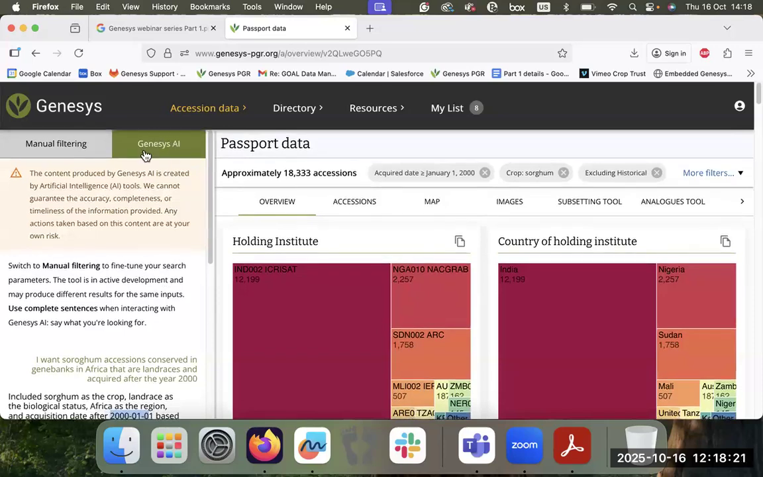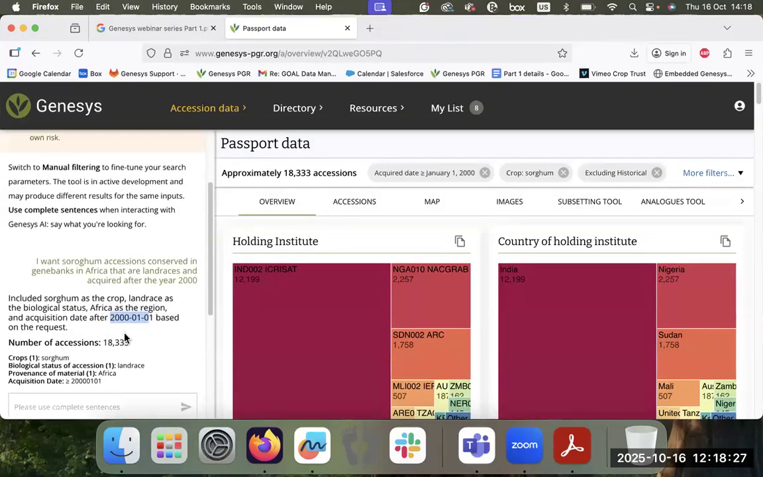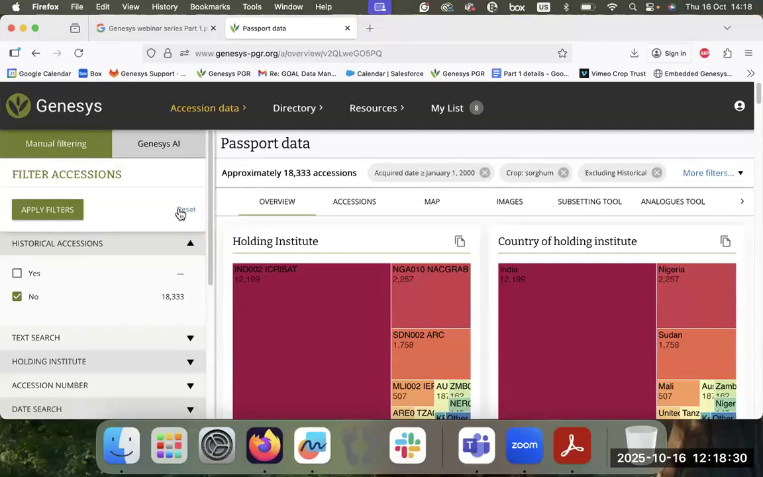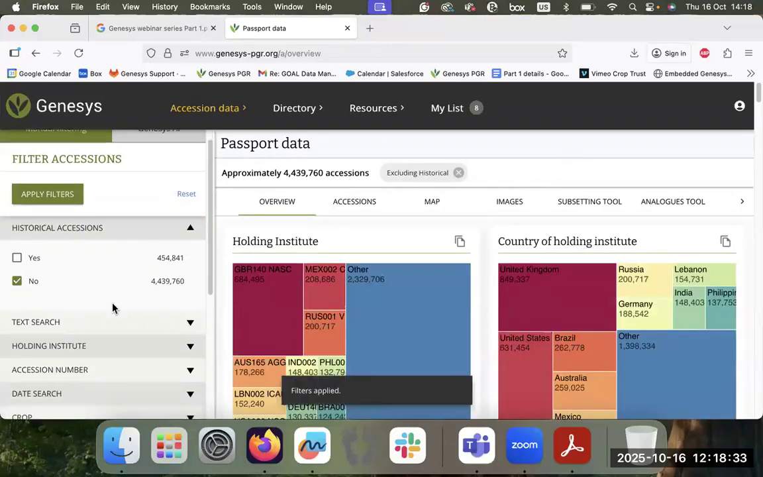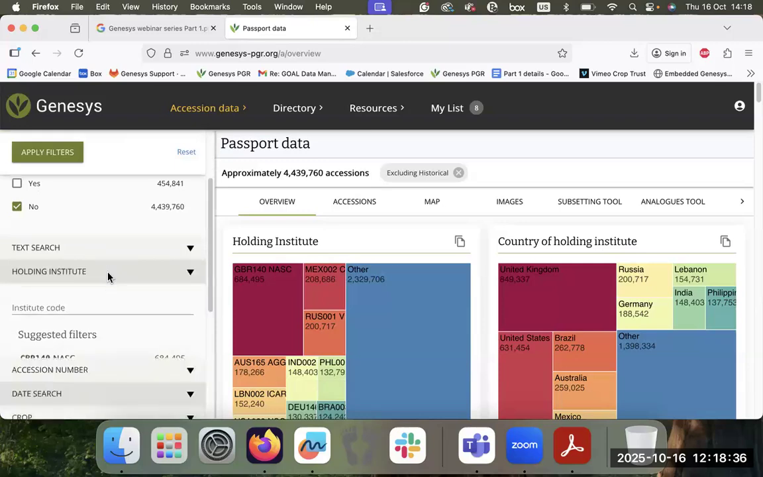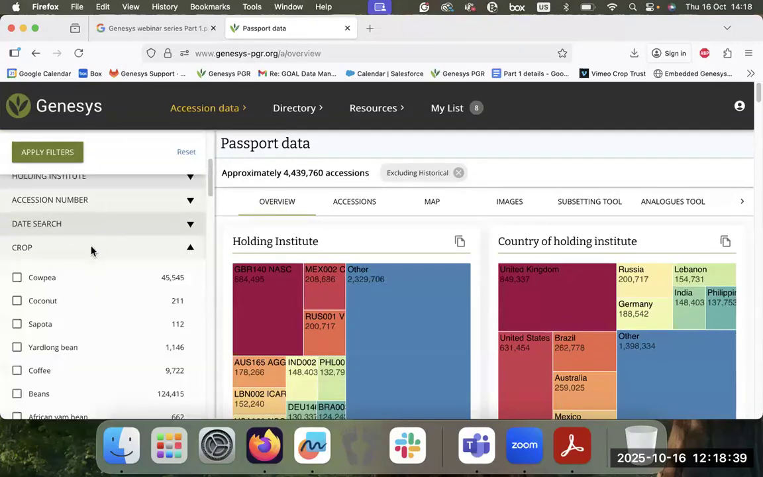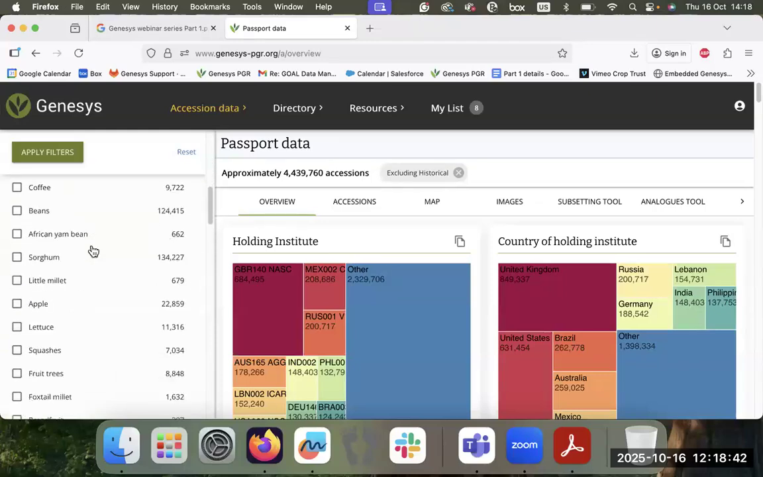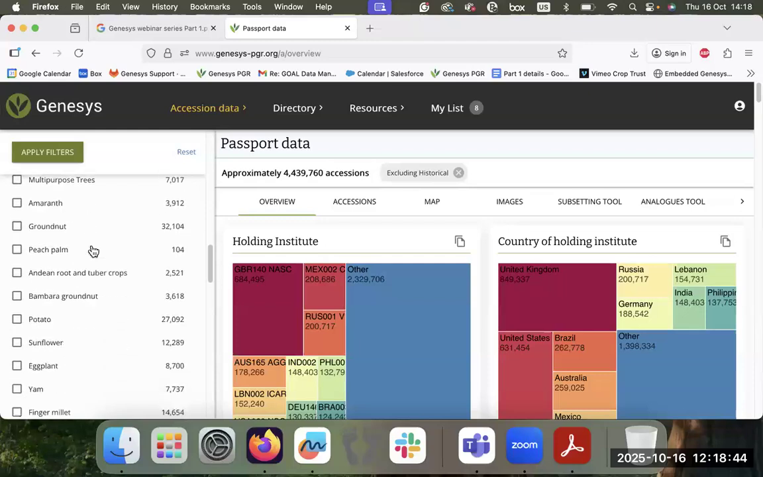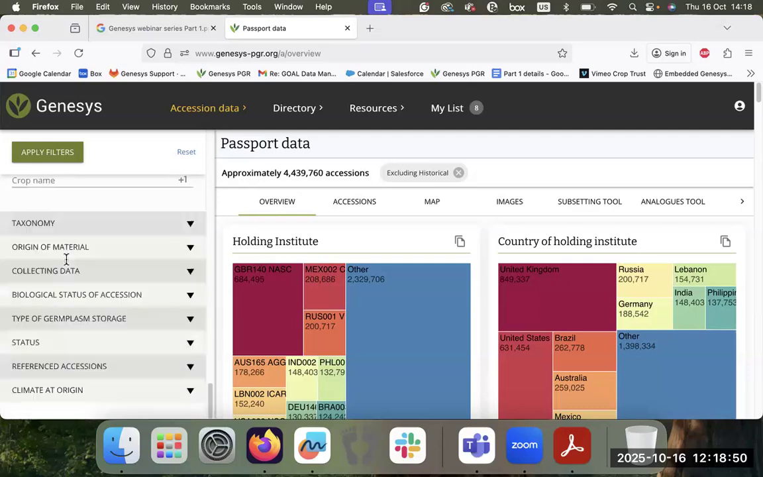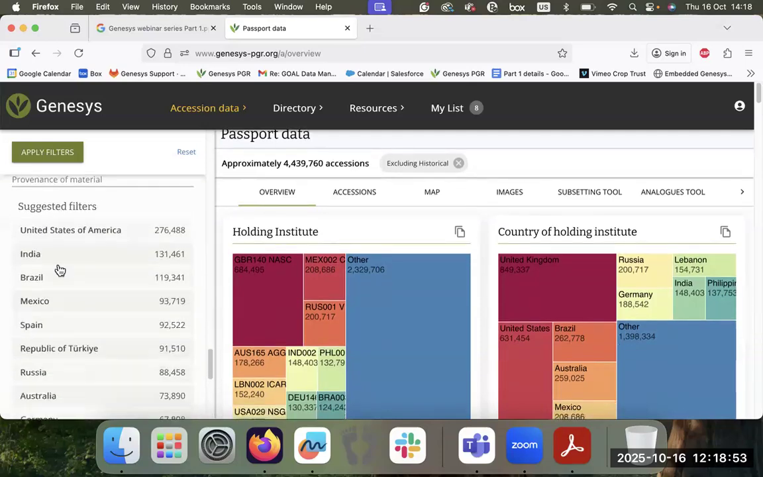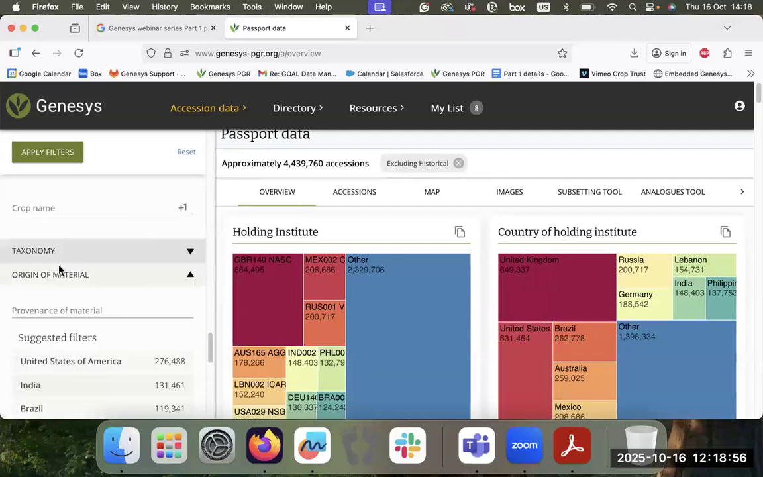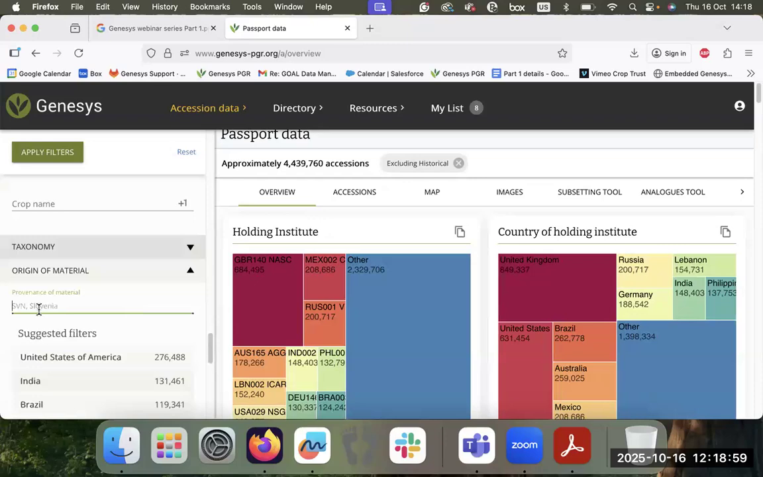If you weren't using Genesys AI and you wanted to apply manual filtering, I will toggle here to the manual filter and reset everything and show you how you would have done this manually. It's basically going to the crop and manually selecting a crop, for example, yam, manually selecting the origin of the material, for example, Ivory Coast,